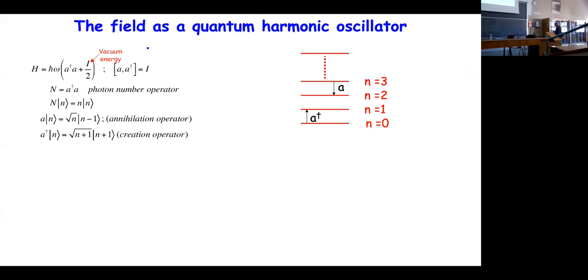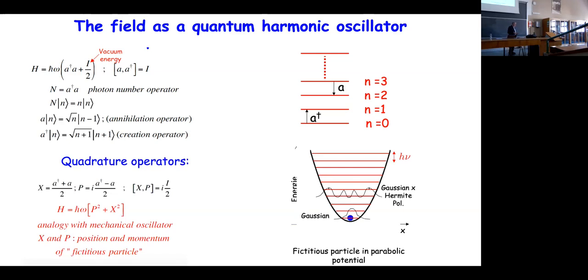Now, you have another way to look at this, which is something that you can understand from the analogy with a mechanical oscillator. If you take linear combinations of A and A dagger, you can build the operator A plus A dagger over 2, which you call capital X. And you can also have A dagger minus A over 2i, which is also Hermitian, and you call it P. And if you take the commutator of this with that,